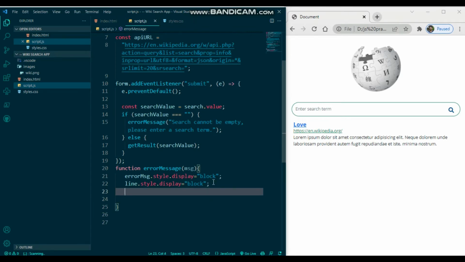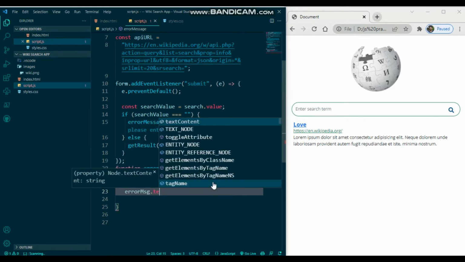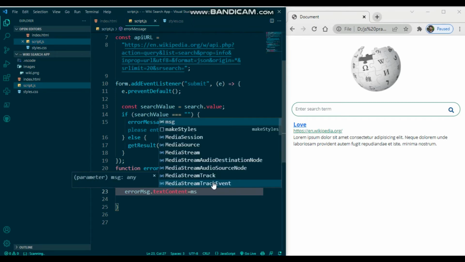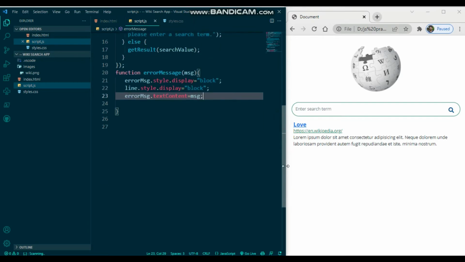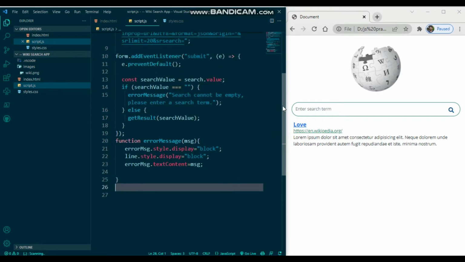And I have to create another option like that, error message, then it will be text content. Okay, then just simply I will create another like that, message, make sure that it's semicolon. That's it, and just now let me discuss how you will create this function. Okay, just simply type here anything wrong, then it will pop up an error message showing to you, just like that here, function dot error message, just I used it. Okay,